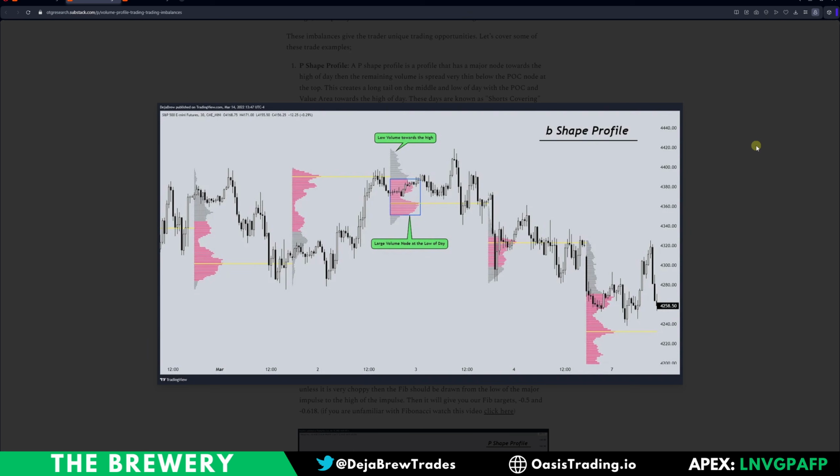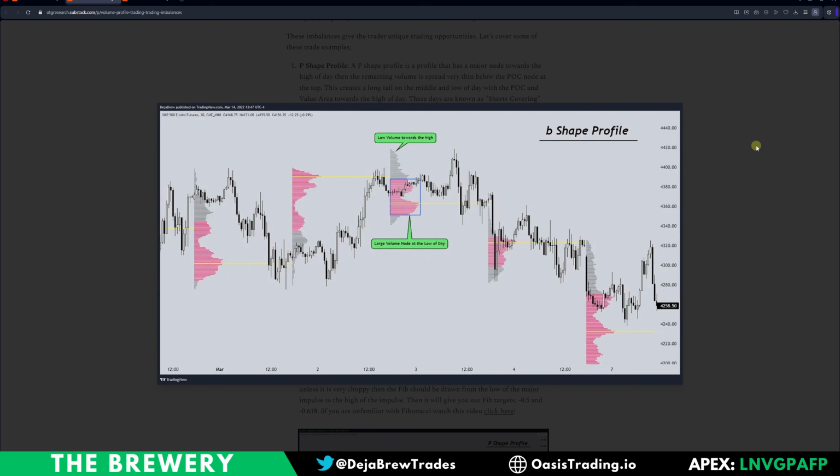Now, with lowercase b profiles, they are not seen as overly bearish. They are just seen as longs closing their positions. The buyers are getting a little scared. Maybe they're taking profit. Maybe it's hitting a major resistance level, something along those lines. You're not extremely bearish if you see a lowercase b, but it means that the buyers are beginning to exit